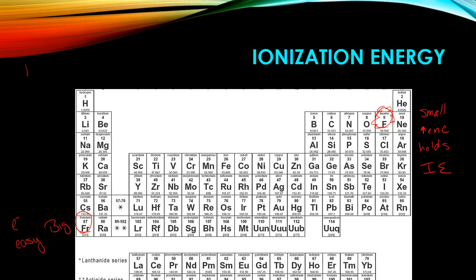See, metals in general have a low ionization energy because in order for a metal to become an ion, it has to lose an electron. Yeah, they're pretty easy to give those away. So metals in general have low ionization energy. They're more than happy to remove an electron. Nonmetals, on the other hand,